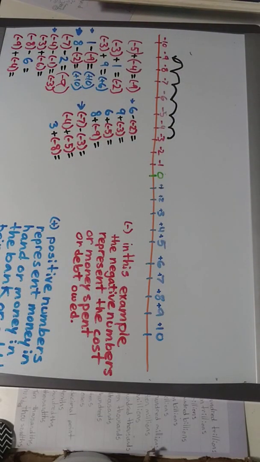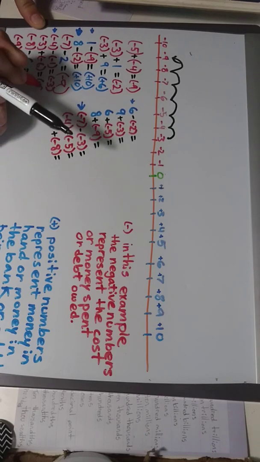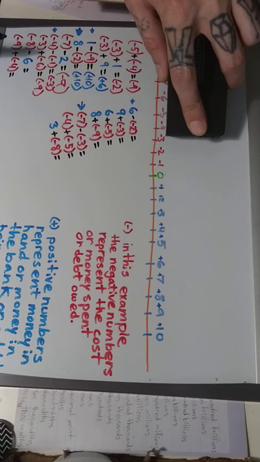So we can say a debt of negative 3 plus another debt of negative 6 someone owes us is negative 9. Then we could start at negative 8